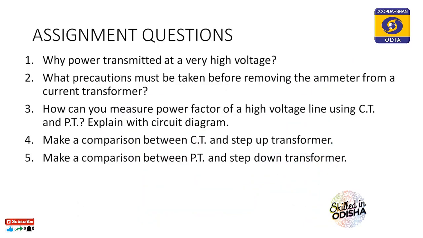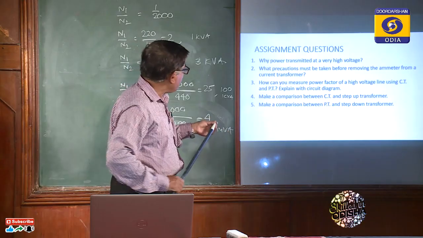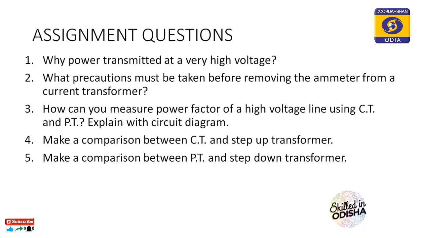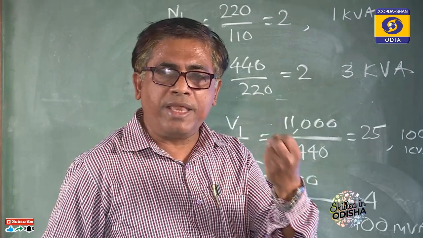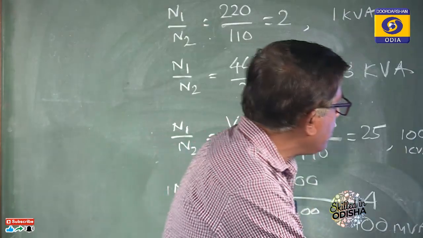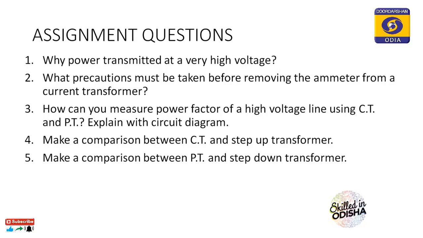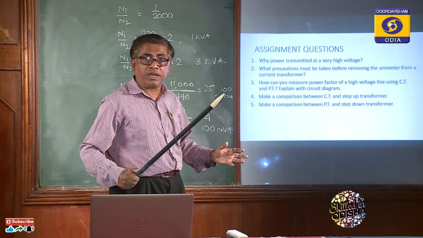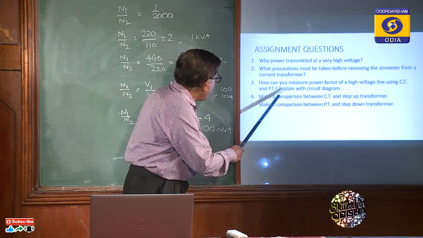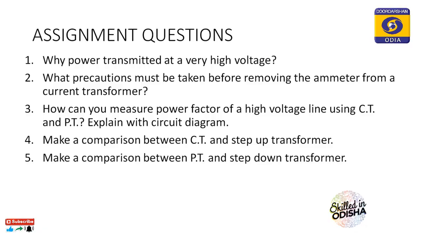Some questions are for you. So you have to tell me why power is transmitted at a very high voltage, 132 kV, 220 kV, why. So much high power you are transmitting at very high voltage, why you have to tell me. Next question: what precaution must be taken before removing the ammeter from a current transformer. You cannot disconnect an ammeter. Then how can you measure power factor of a high voltage line by using of CT